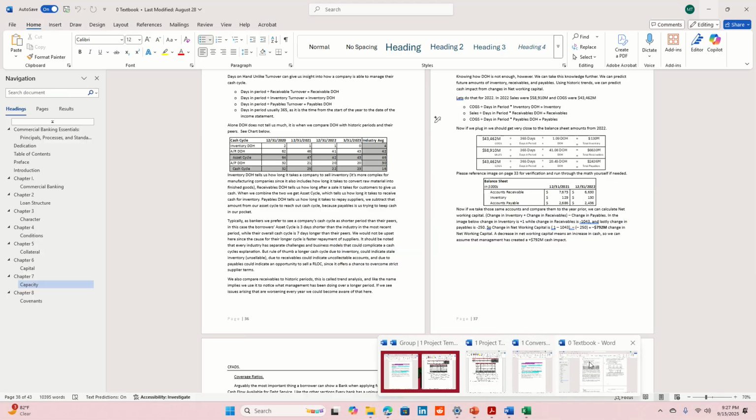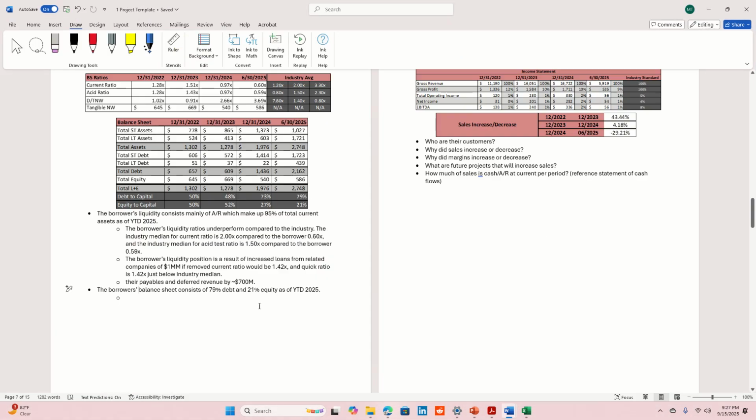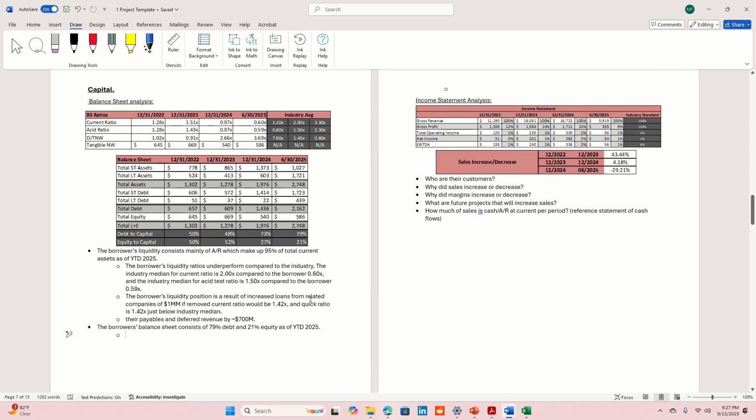So now let's open up our project. And I know you guys are wondering, Makai, well, what in the world are we going to do with that information? Well, let's start with something that you guys are familiar with. Let's start by comparing them to their peers, right? So, the borrower,